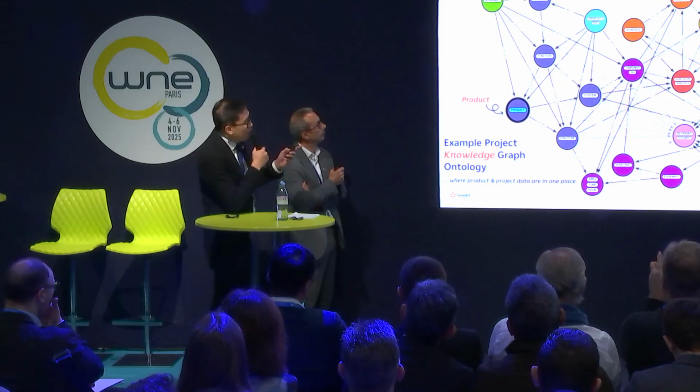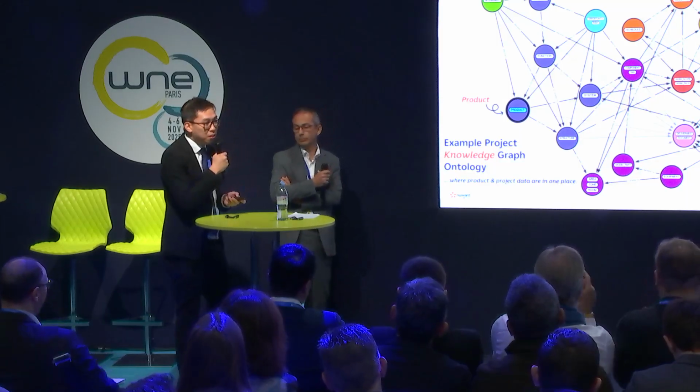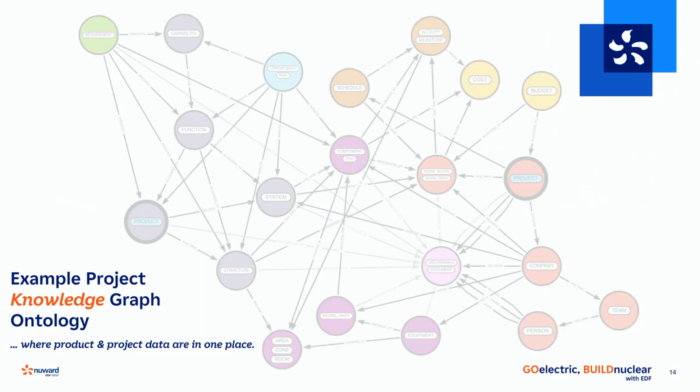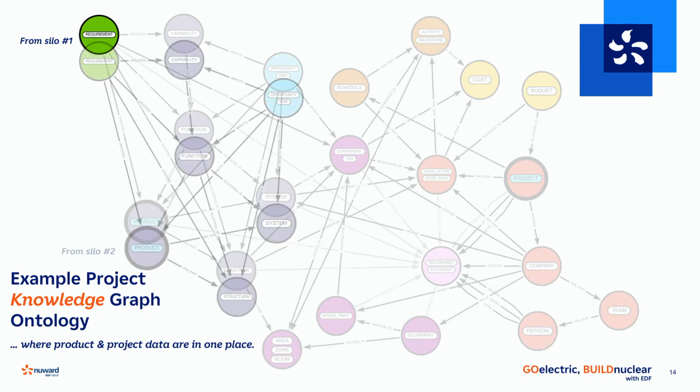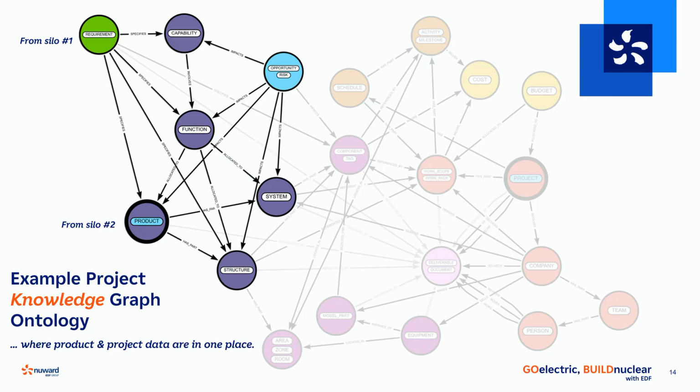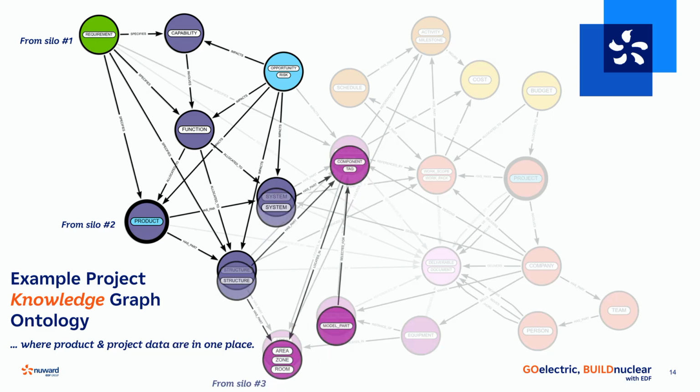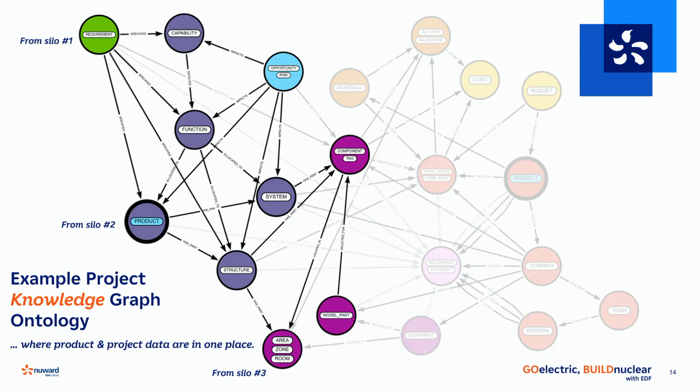Different colors here represent data coming from different silos. For example, at the beginning of your project, you may define a set of requirements in one tool. It doesn't matter what tool it is. Then that requirement translates into defining your product breakdown structures, the functions, and how the system and structures deliver these requirements. You then go and do your design. Your design further decomposes the system into individual components. These components are equipment, your pipes, your tanks, your reactor.